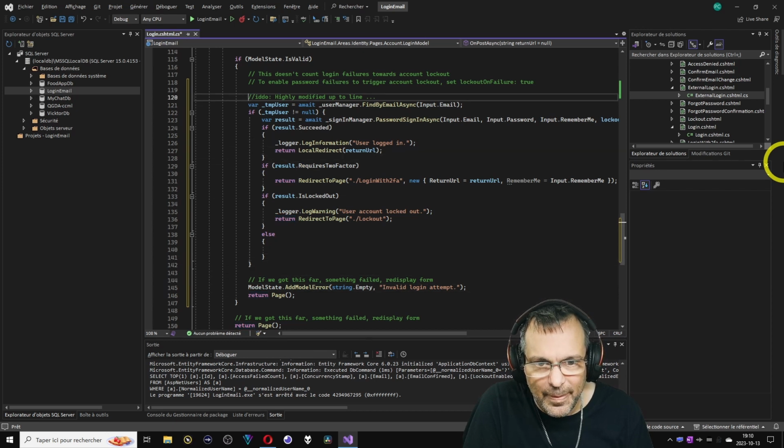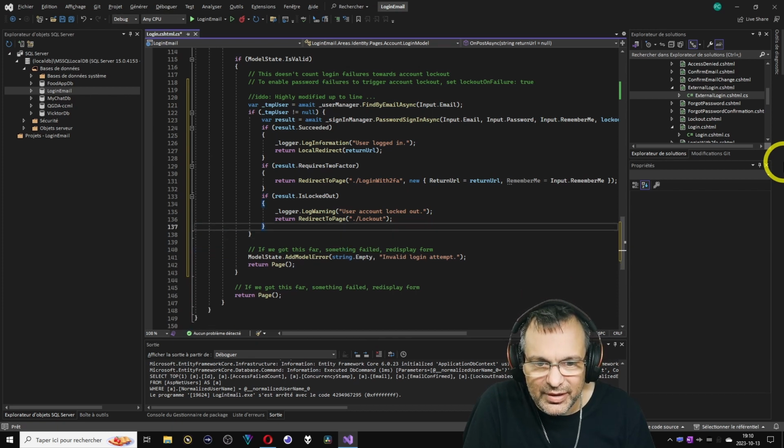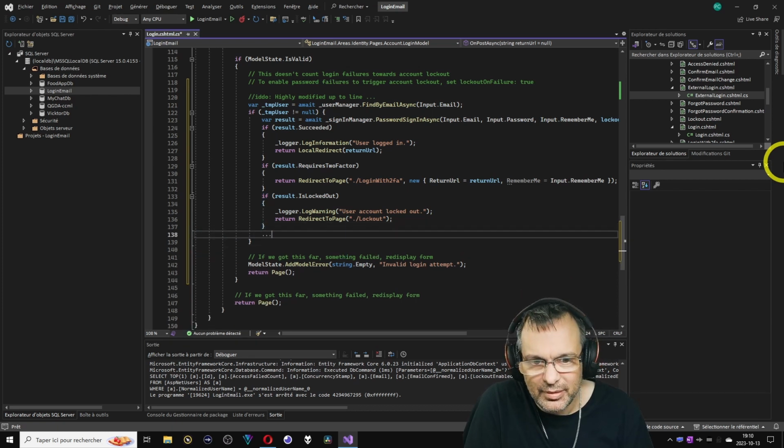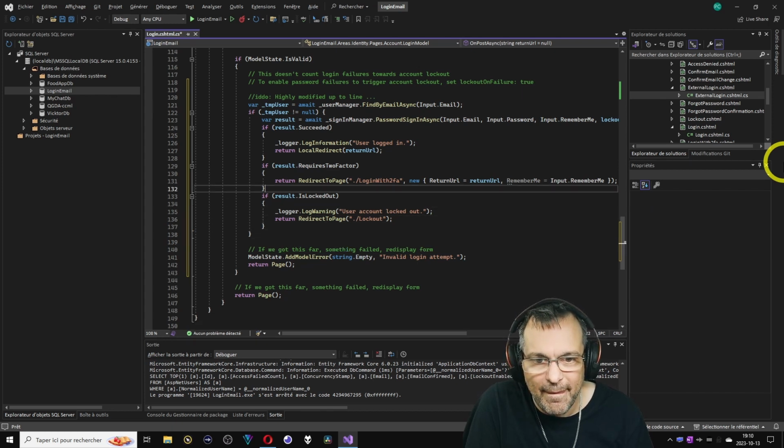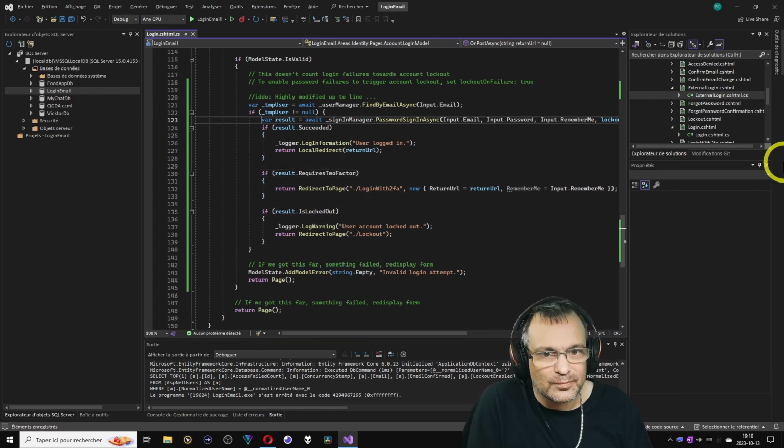So here, the else we will remove. If it ends here, well, it will end then here, and it will work also. Since we got the user here, if it's not null,